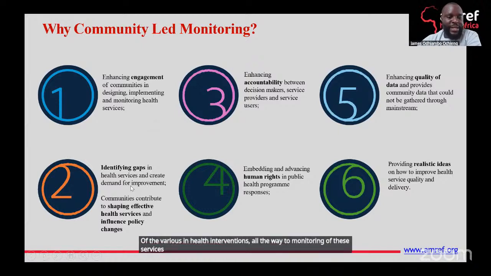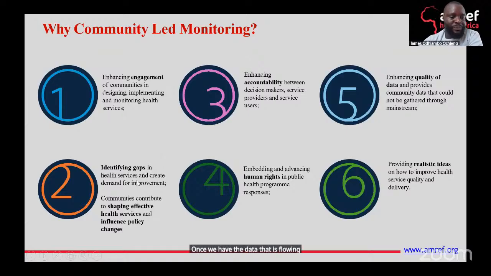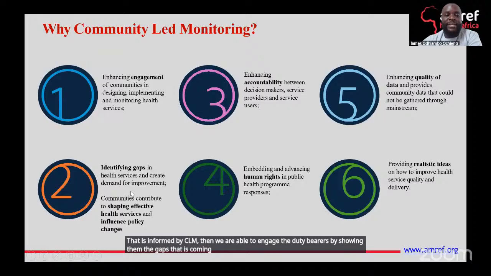The other reason why it is important is that it helps us in identifying the gaps in health service and helps create demand by engaging the duty bearer. So once we have the data that is flowing through, informed by CLM, then we are able to engage the duty bearers by showing them the gaps that are coming up.